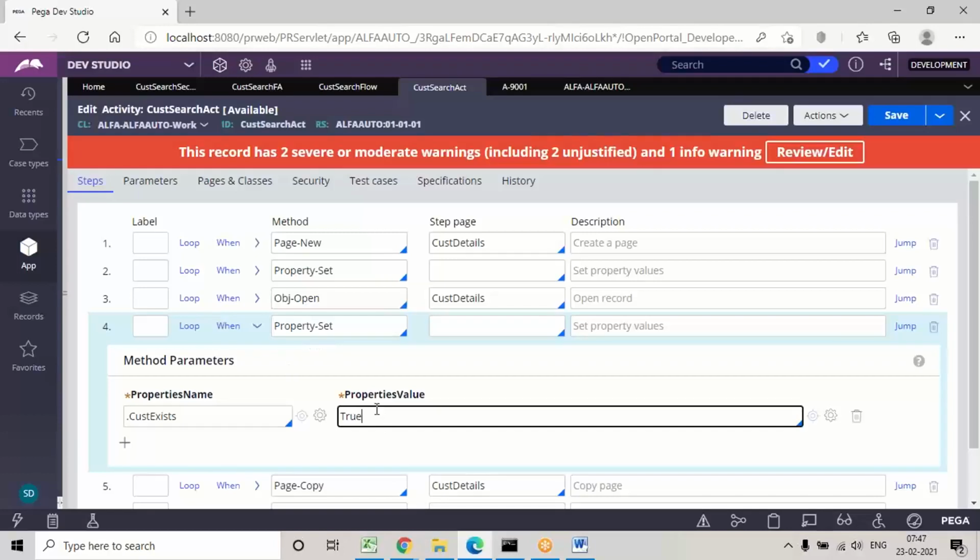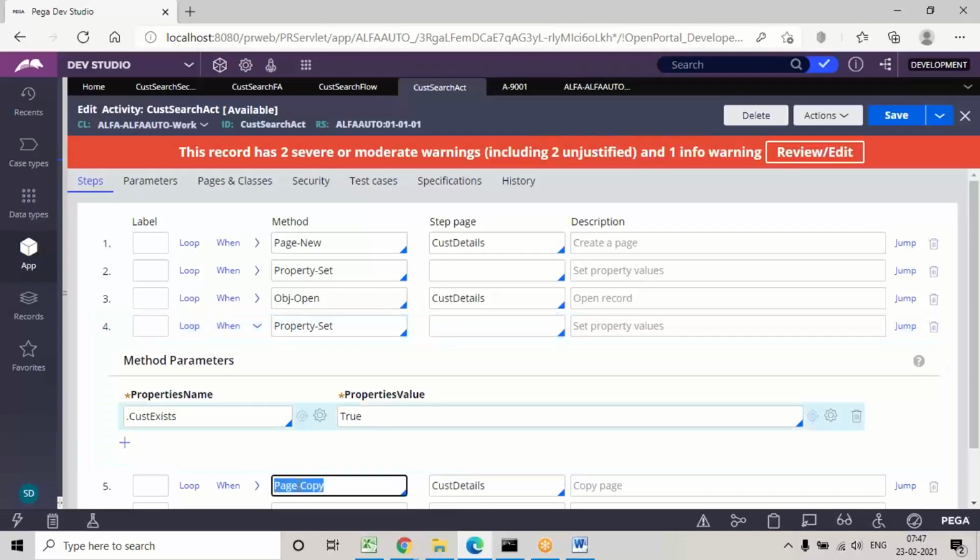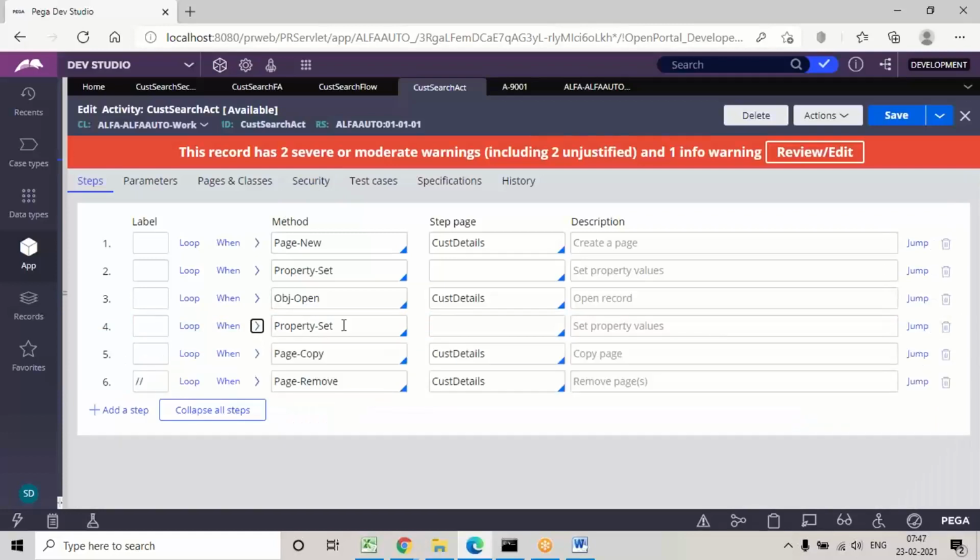Because the reason is, if true, then only it should copy the data. If false, block the step, meaning no need to execute the remaining steps. So as per that requirement, before Obj-Open we always set the false condition, and after Obj-Open execution, if the record is matching, we set the true condition, then accordingly it will execute the